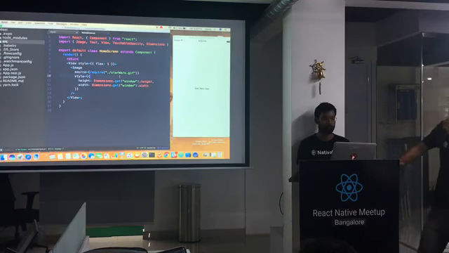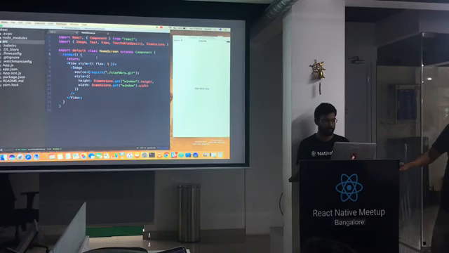Alright, so in the home screen we've also given the image a height and width equal to the height and width of the window that is available to it. So basically it takes up the entire screen. So we'd like the wallpaper to show up on the entire screen. So actually go ahead and save it now.